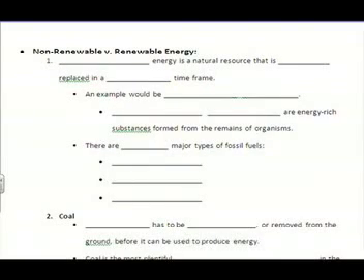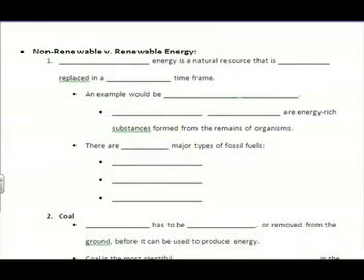And a lot of times you'll see these on TV, and they'll be called green energies, and that's renewable energy, versus other energies called fossil fuels that we've used for a long time, and there's a lot of controversy about these. So it's important that you know about renewable versus non-renewable so that you can have an educated perspective whenever you're talking about it with your family and whenever you have your own family, because these renewable energies are probably going to become more prevalent in your lifetime than what they were in your parents' or your grandparents' lifetimes.